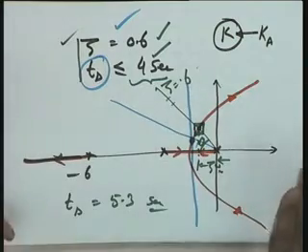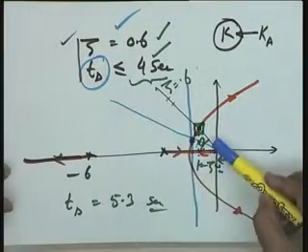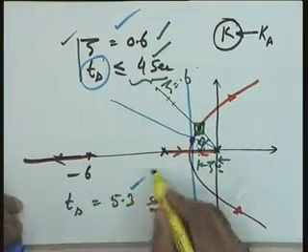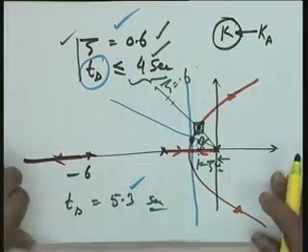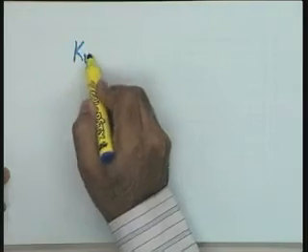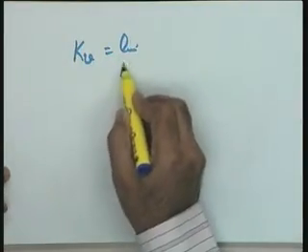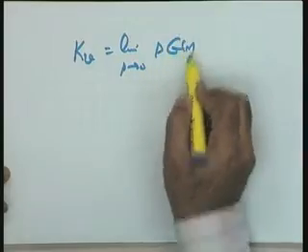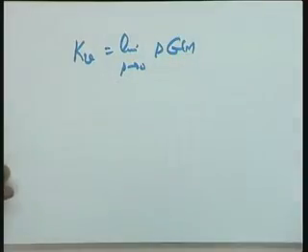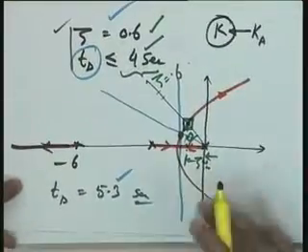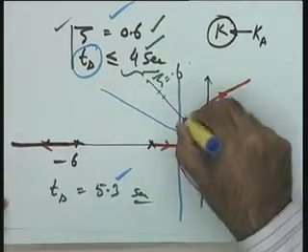But I have seen in this particular case, from the first design you have seen that Ts is equal to 5.3. Okay, you may say that, well, as a designer you will go back to the user and convince him, can you accept this design? But before we do that, let us see the steady state accuracy, and for that I require the value of Kv. Now, for Kv I know that it is limit s tends to 0 sGs. Oh yes, I am sorry, before I go to Kv I require calculating this K.